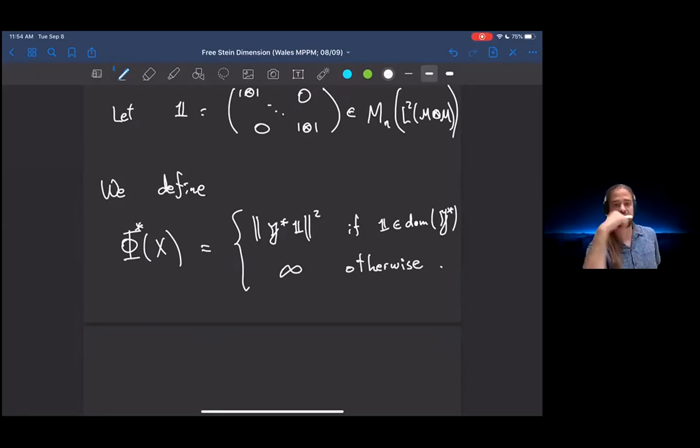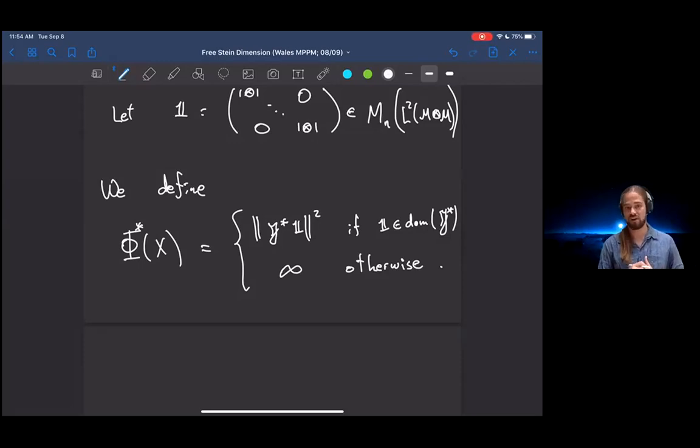But it turns out that it can be challenging to work with. It can be difficult to tell if one is actually in the domain of this operator. And it's a very powerful result when it is. And so what Brent and I have started to ask is, can we weaken this condition a little bit? Can we ask for a little bit less?